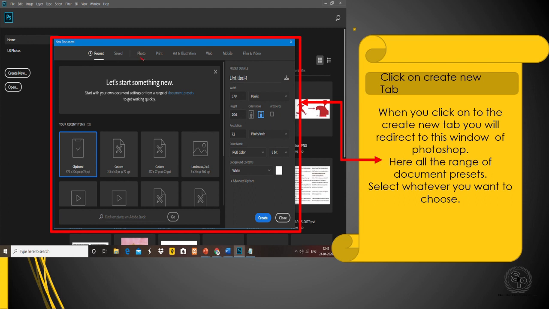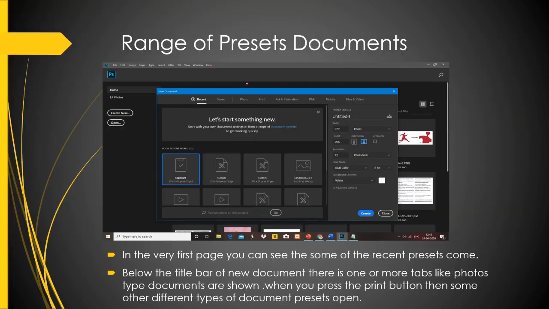Now you have options like photo, print, art and illustration, web, mobile, film and video, whichever you need a preset blank document for. If you need it for photo, or for art and illustration, or for web, mobile, film and video. So different types of blank preset documents are available, and a range of preset documents. As I told you, on the very first page you can see some of the recent presets come.